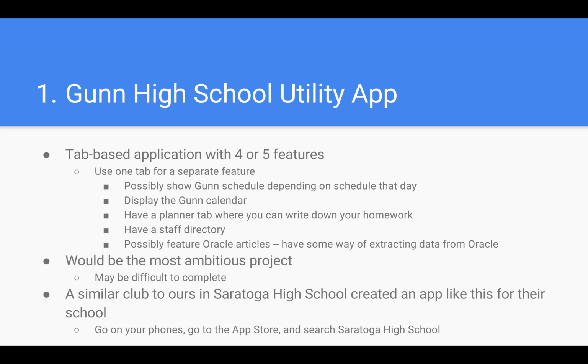So basically in Saratoga, a few years ago in 2012, a student created an app for his high school in which he had like 5 features. For one thing, he would show the schedule for each day, and he would also show how far you've progressed through the current period you're in during the schedule based off the time. And I think that could be pretty useful for students now with all the weird schedule mishaps and confusion.